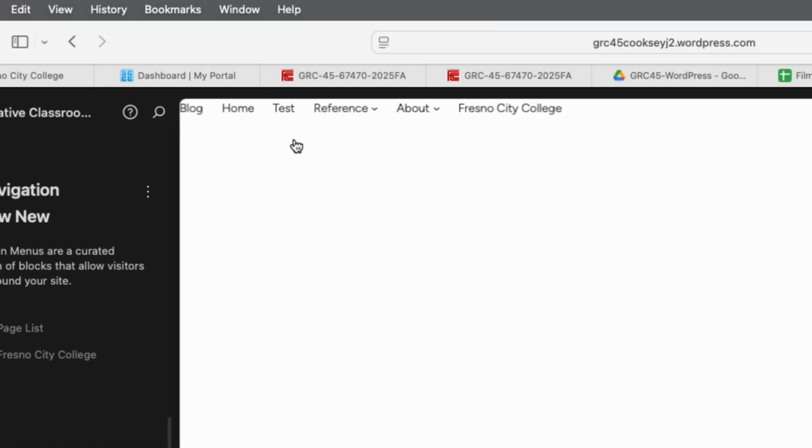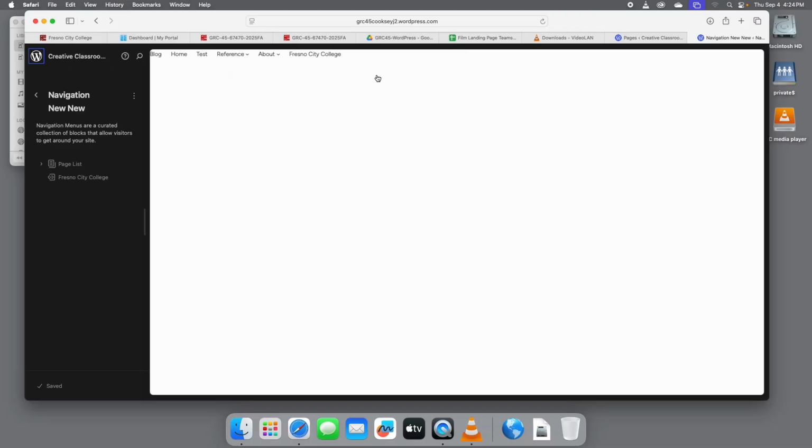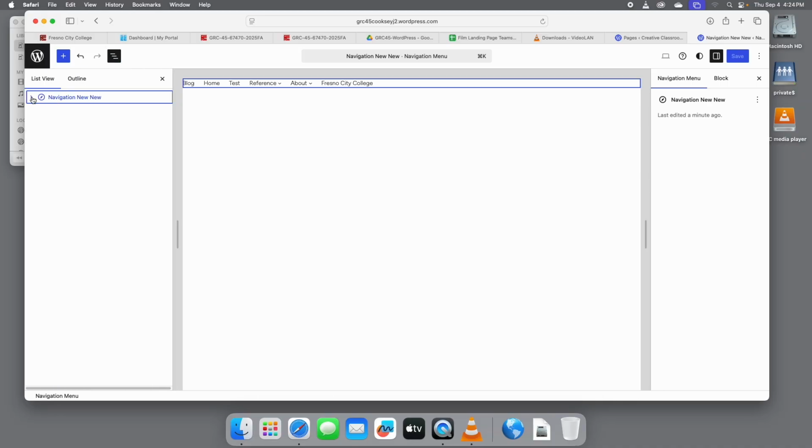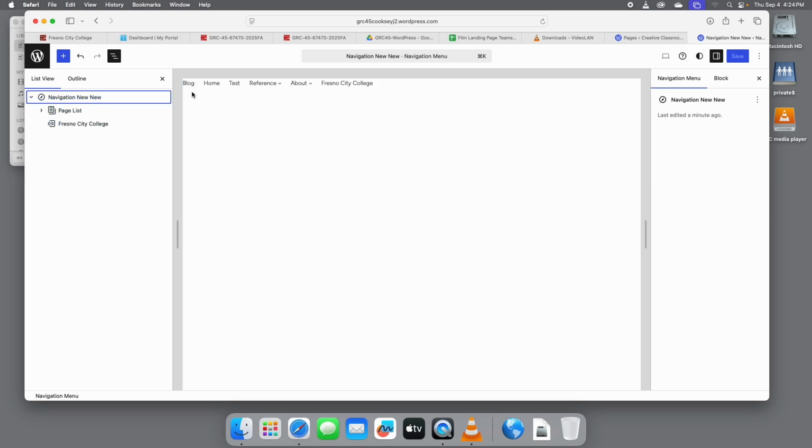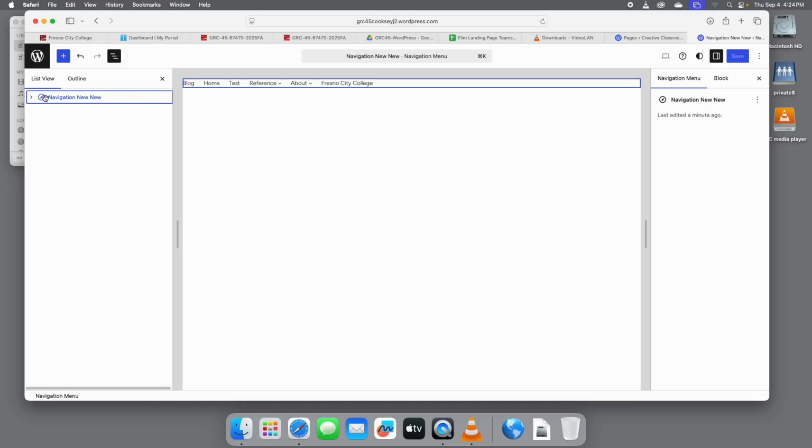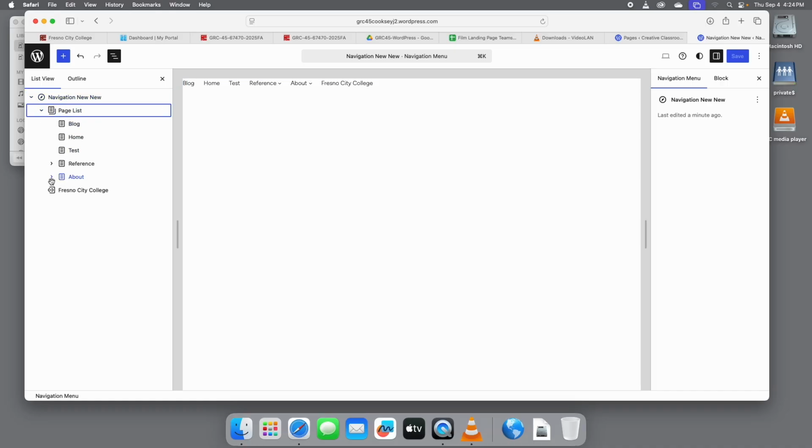It's previewing that navigation. Our navigation is stacked, but this navigation is going across the right because that's how the block presents it, because this is a navigation block. So you theoretically, and not theoretically, you actually literally can click on this big white area here to edit that navigation. And so if we open up our outline on the left here, twirl some of these down,